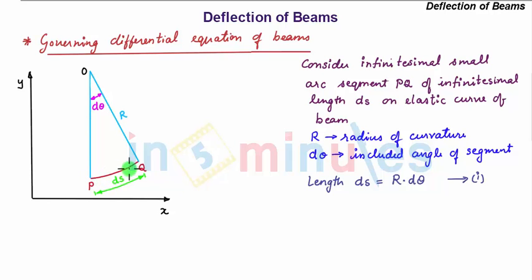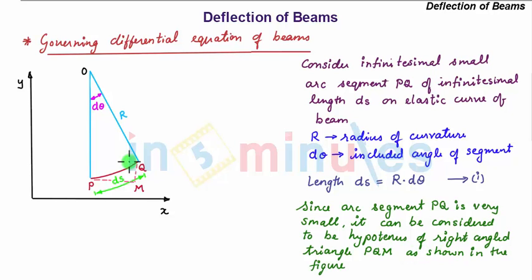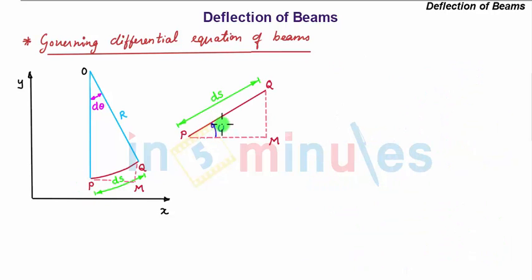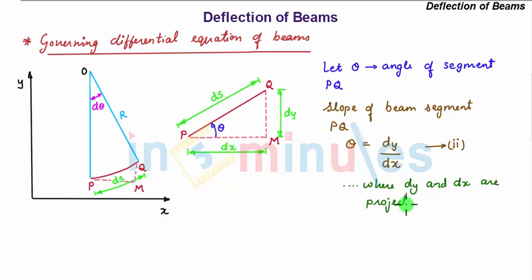Now since this arc segment is very small, it can be considered to be the hypotenuse of right angle triangle PQM as shown in the figure. So we draw an enlarged view of this triangle, and let theta be the angle of this segment PQ. So now the slope of this beam segment PQ could be written as theta is equal to dy by dx. Let this be equation 2, where dy and dx are projected lengths of arc segment PQ in y and